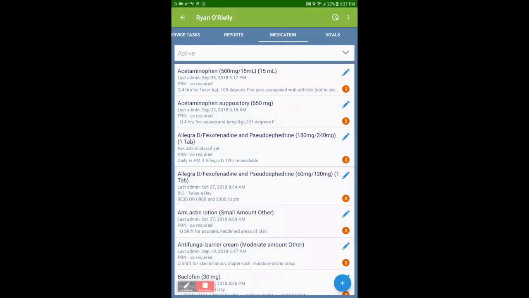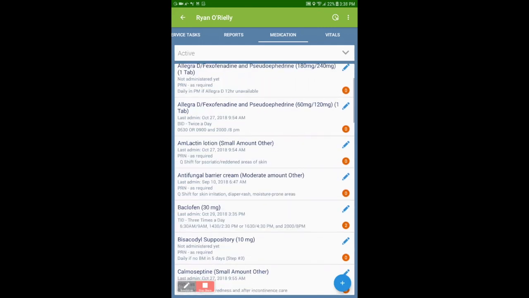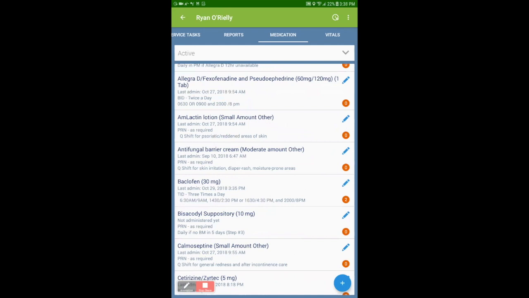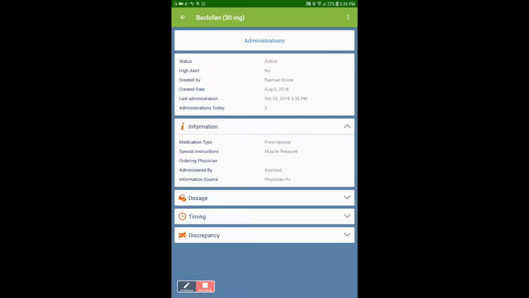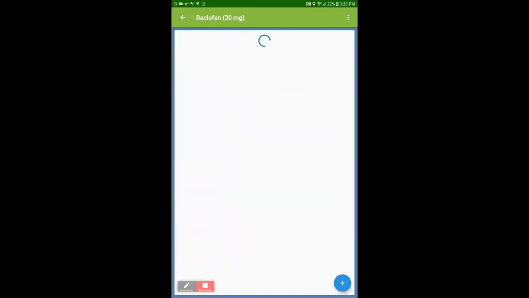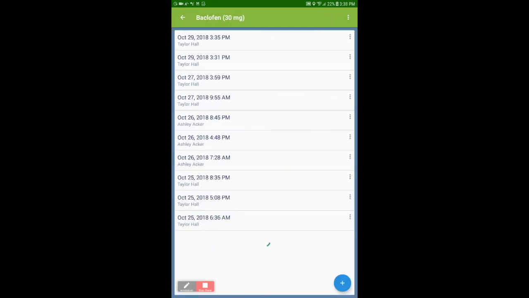Let's say you administered baclofen at 1 p.m., but right now it is 3:37 p.m. Because you missed the 1 hour window, there's an extra step you have to take in documenting your administration of baclofen. What you will do is you will click baclofen, then click Administrations like before, then click the right plus symbol in the lower right-hand corner,